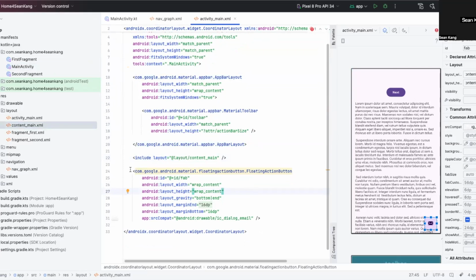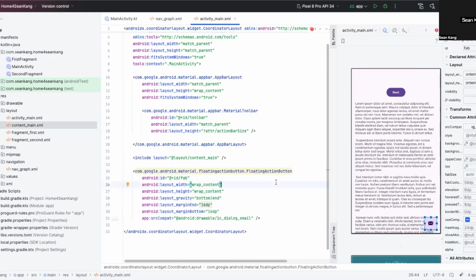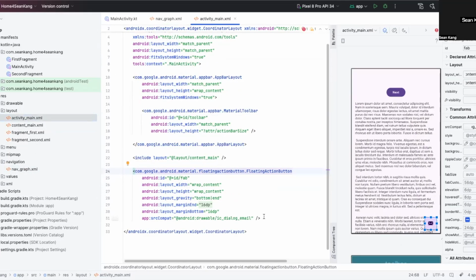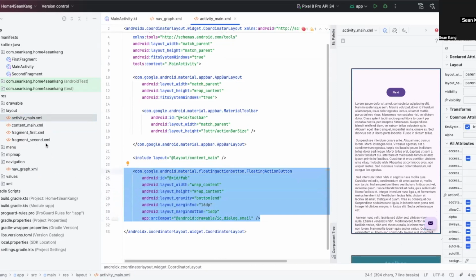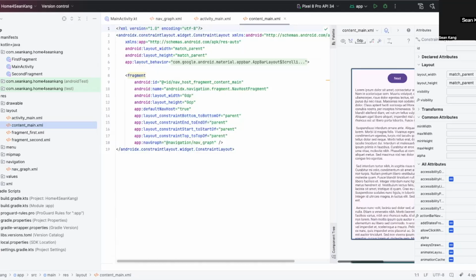Okay. And then we're going to specify we want to have a floating action button, which you can see right there on the bottom right. That's our floating action button. Now, keep in mind, this kind of action is different than the action we saw in the nav graph. This action here is a slightly different concept than what we see in this. This is a visual floating action button. You have to go to the content main and then look at it in XML and graphical view. You can see that